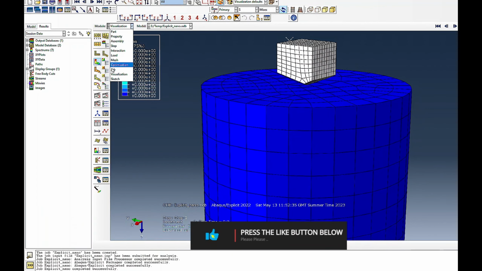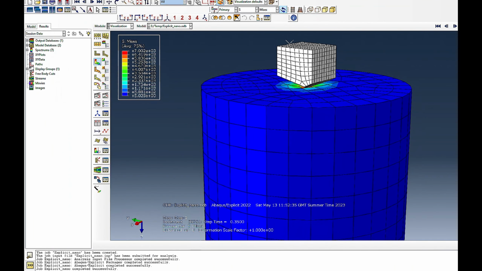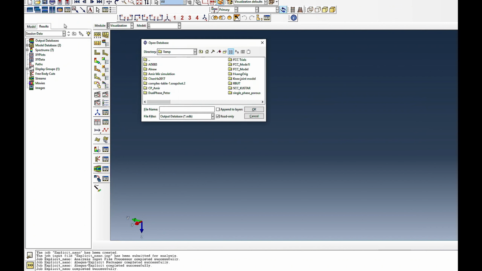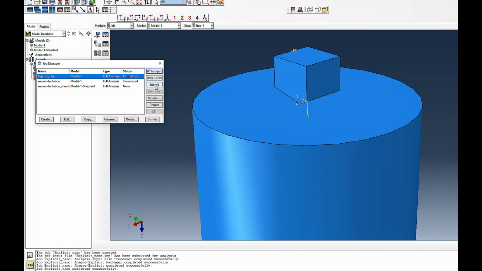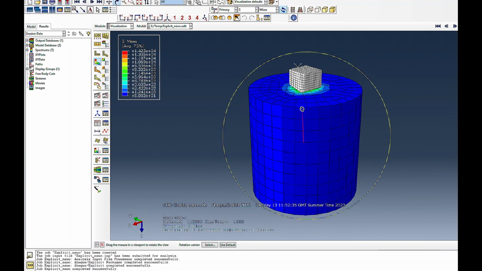Okay, let me go back and go to results again. Now I need to close it. I think sometimes ABAQUS gives us a hard time. And now open again, or maybe go back, results. And now if I press, I should go up to total time of 1. And now if I rotate, you see it's already